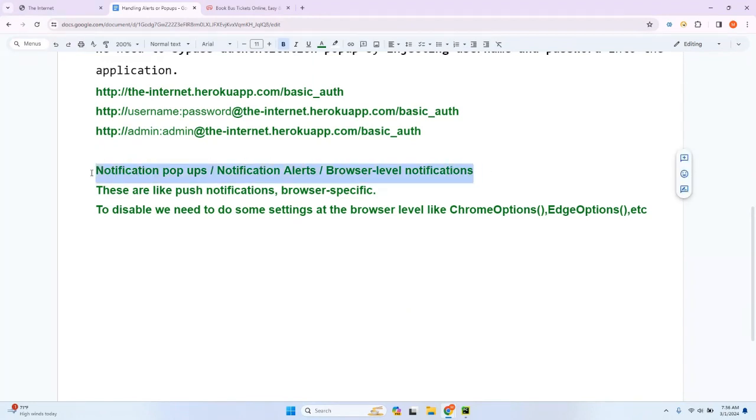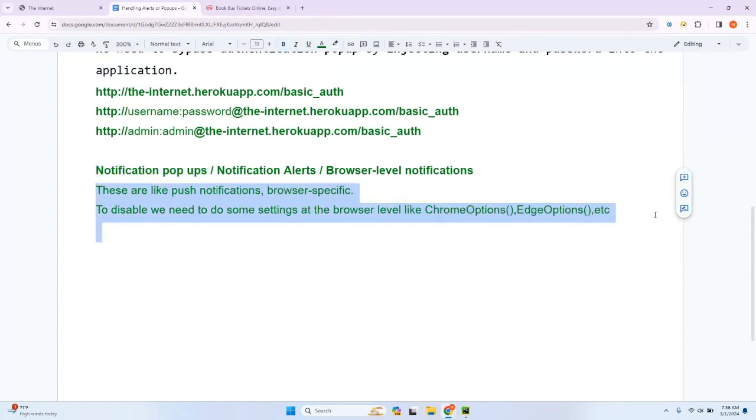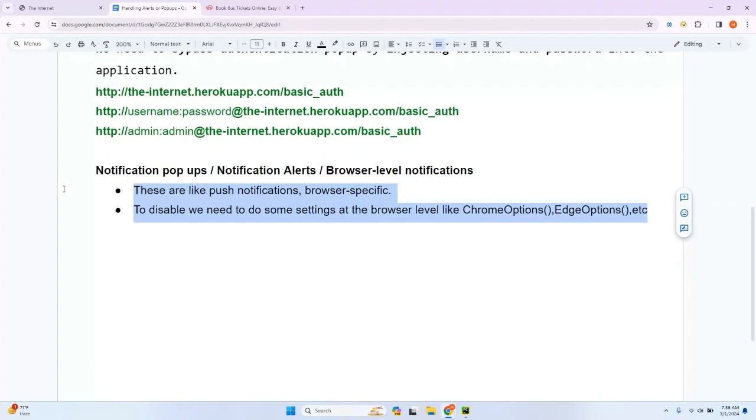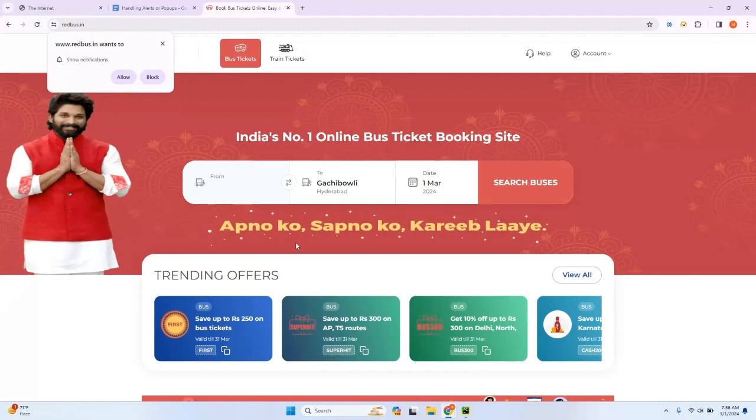Browser level notifications, or notification alerts or pop-ups. Very important. How can you handle this? To disable these alerts, until you do this, there is some chance that you cannot perform anything on this website. Not only this website. If you see notification alerts or pop-ups in any website which you are trying to work on, there may be a chance that until you handle this particular alert, whether you allow or click on block, you cannot do anything on this particular